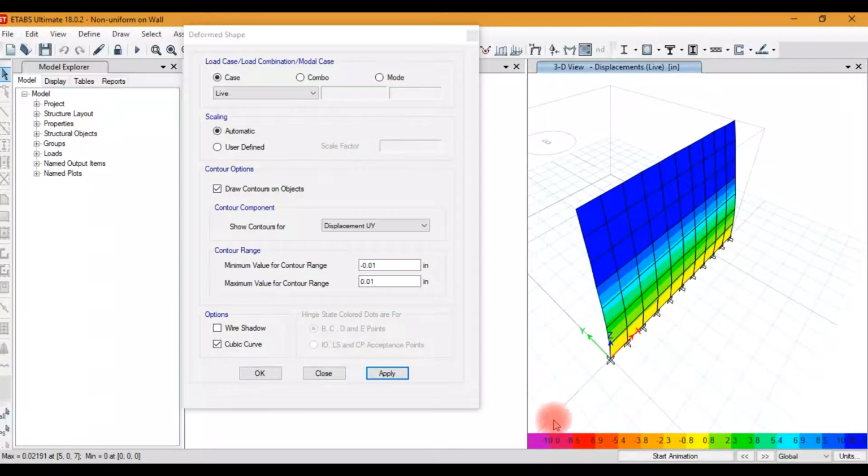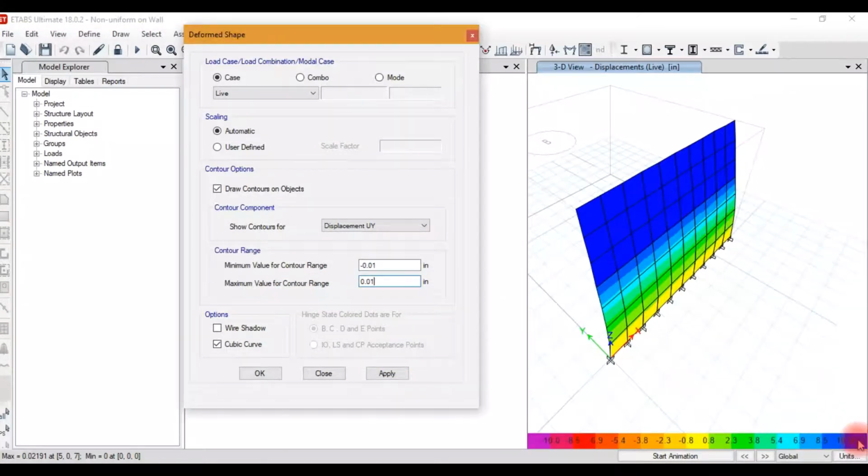If any value is lesser than minus 0.01, it shows this color, and if any value exceeds 0.01, this shows blue color. So blue color has values greater than 0.01, and on the minimum side it occurs below minus 0.01.